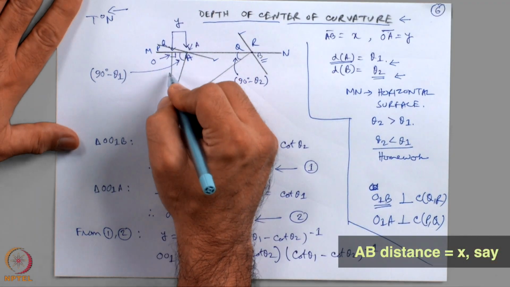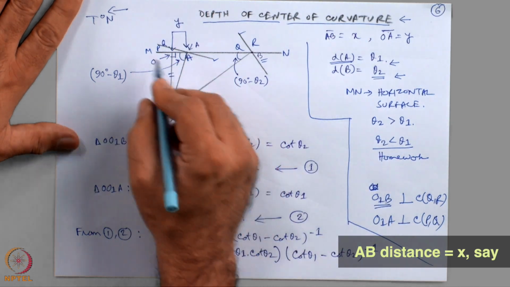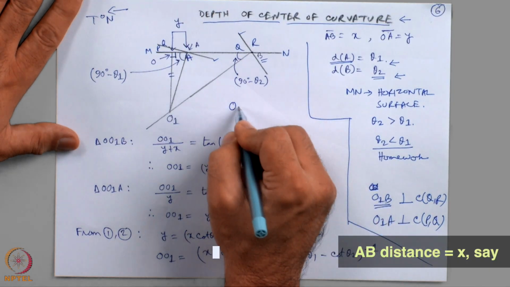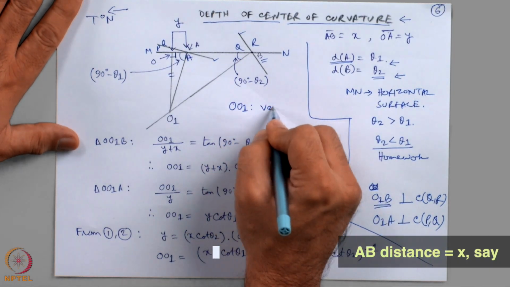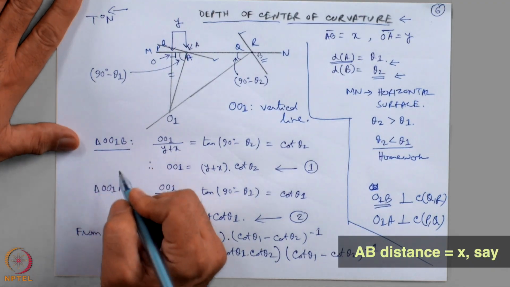Now, we draw a vertical line OO1. Since OO1 is a vertical line and MN is a horizontal line, the angle between them is 90 degrees. OO1 is a vertical line. Now, consider triangle OO1B,